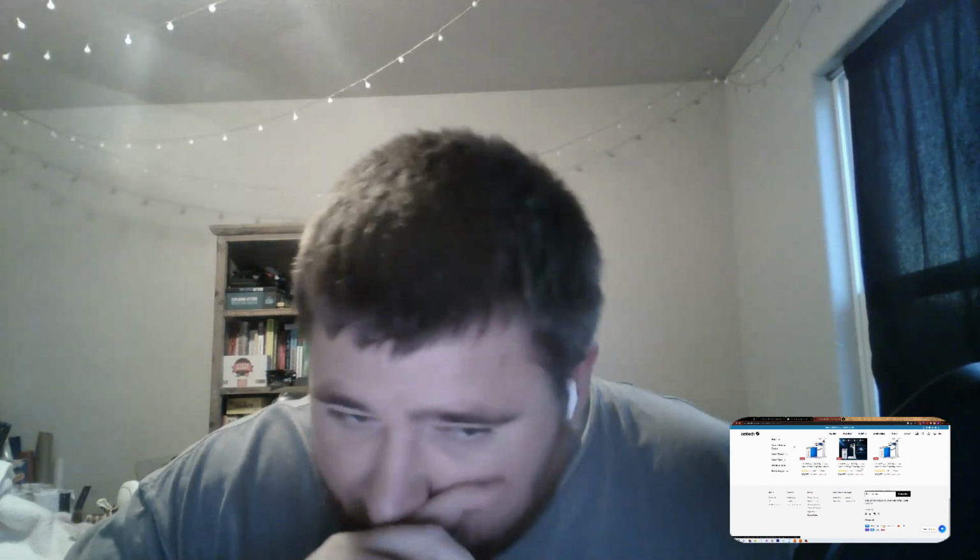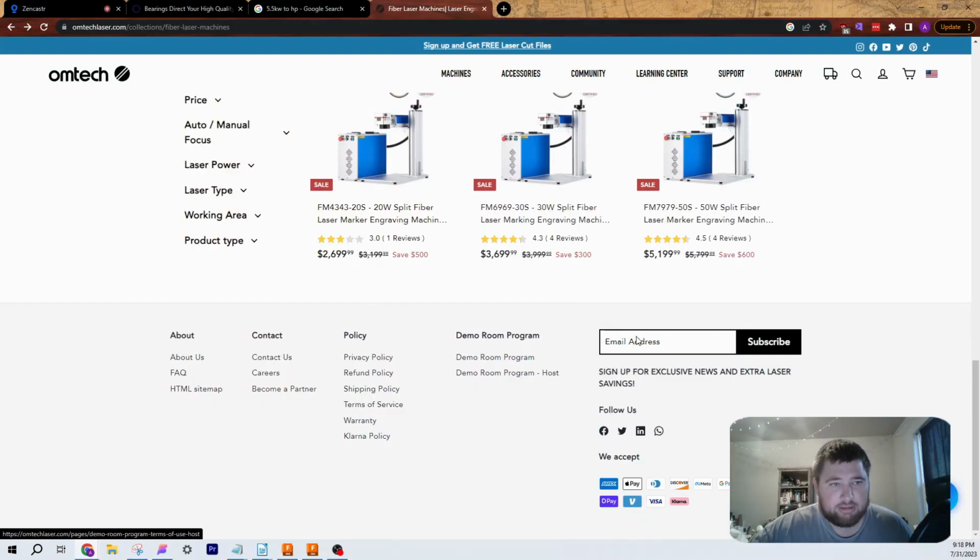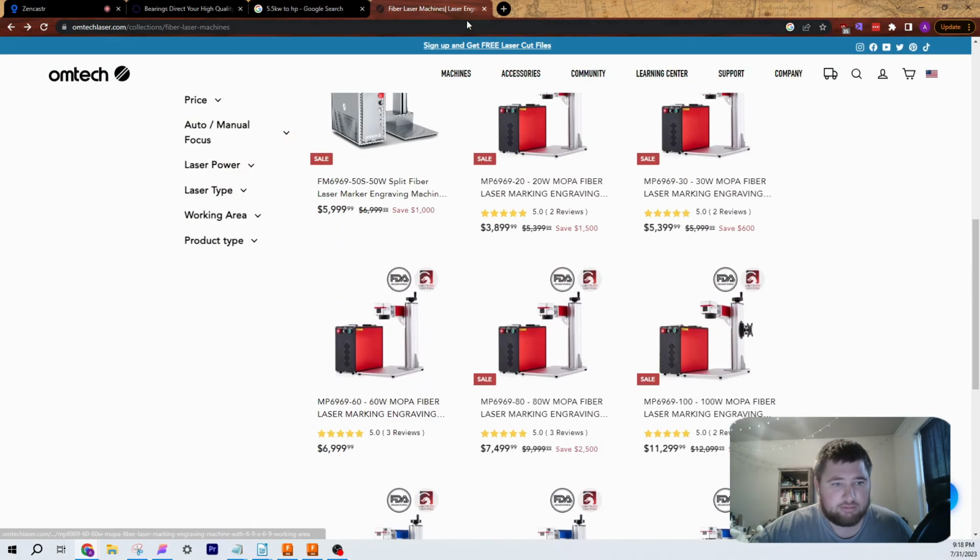It does have a new autofocus. Maybe that's the split laser, is the fact that it's got a laser to measure its distance. That would be height. Nice. Yeah. And then it's automated to move up and down. That could be it. I would very much like one of these lasers too, so I'm just going to leave